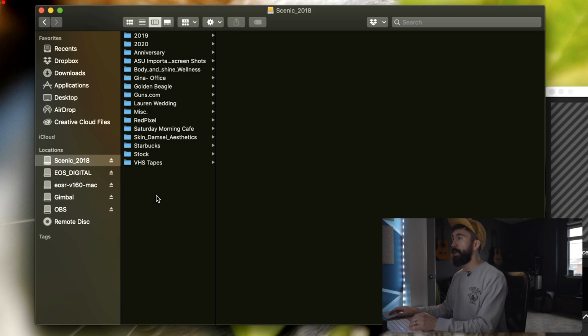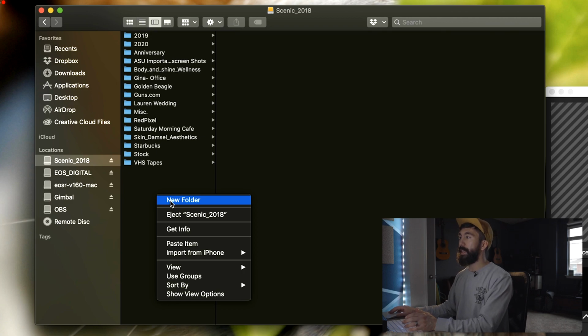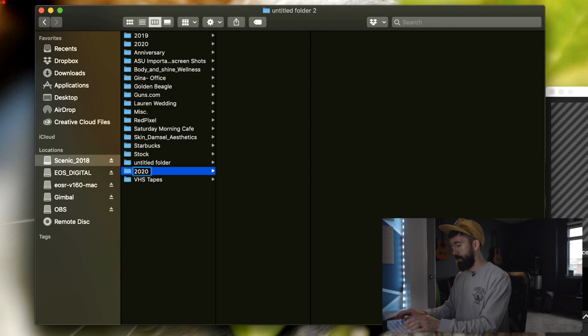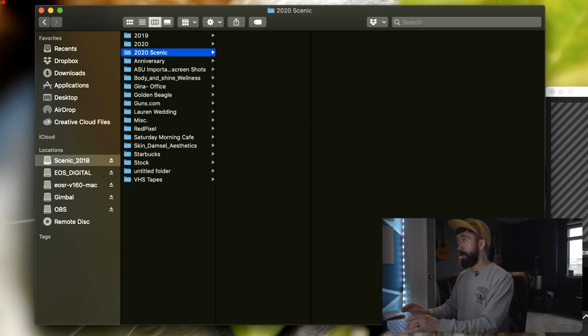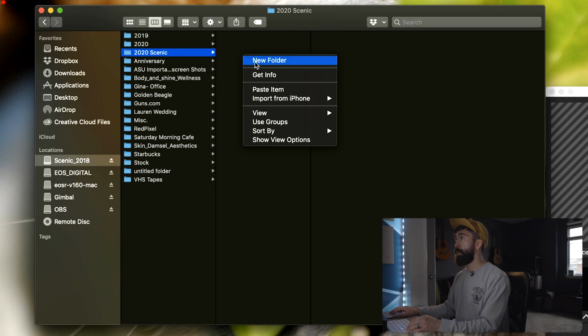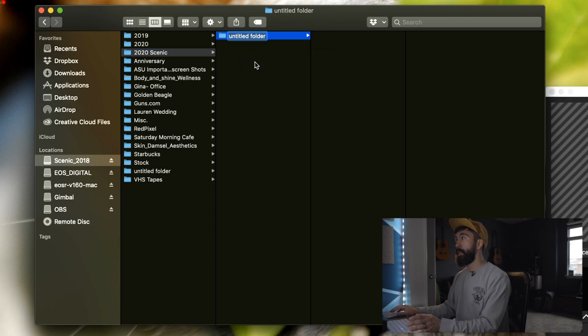It's now 2020. I already have a folder called 2020 in there, but let's make another one up, a fresh one. 2020 Scenic. There we go. All right. Within that folder, in the year folder, you're gonna create another folder of the project